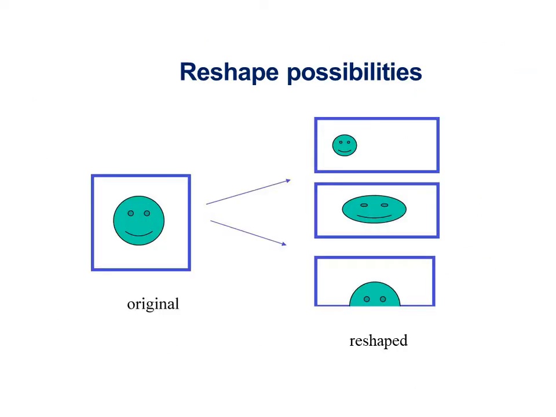These are some of the reshape possibilities. A window which is a square window can now be converted to a rectangular window where your object can be moved to the left, or it can be made flat, or some of the objects can go missing also. So these are some of the possibilities. Our aim is that whatever is present in the original, as far as possible we should be able to recreate that same object without any loss of the object, and how the object view has to be inside the window.